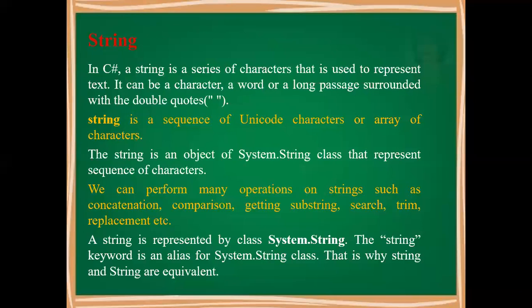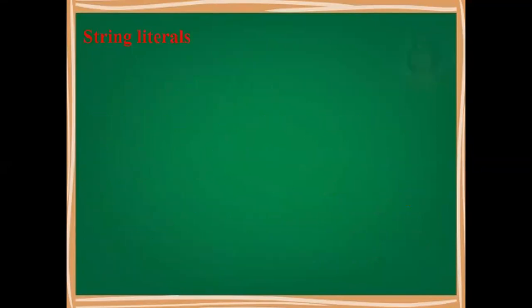So that is why string and String class are equivalent. If you remember the previous example, string was written in small case letters, the s was small, and here the class name is capital. So as it is used as an alias name built in previously in C sharp, you can write String with capital S and string with small case also. It is referred to as equivalent.